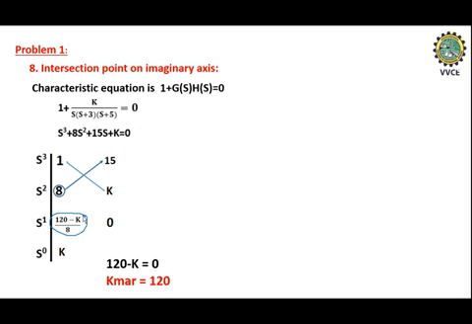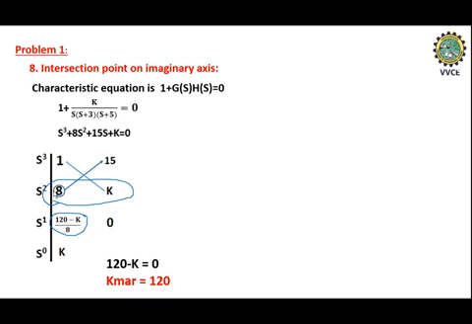By making use of this, we need to write the auxiliary equation. If we substitute the marginal value in place of k, we will be getting 0 here. The whole row will become 0. Once the elements of this row become 0, then we should consider the second special case, that is difficulty 2. There, if all the elements of any row are 0, then we need to take the coefficients of the previous row and write the auxiliary equation.